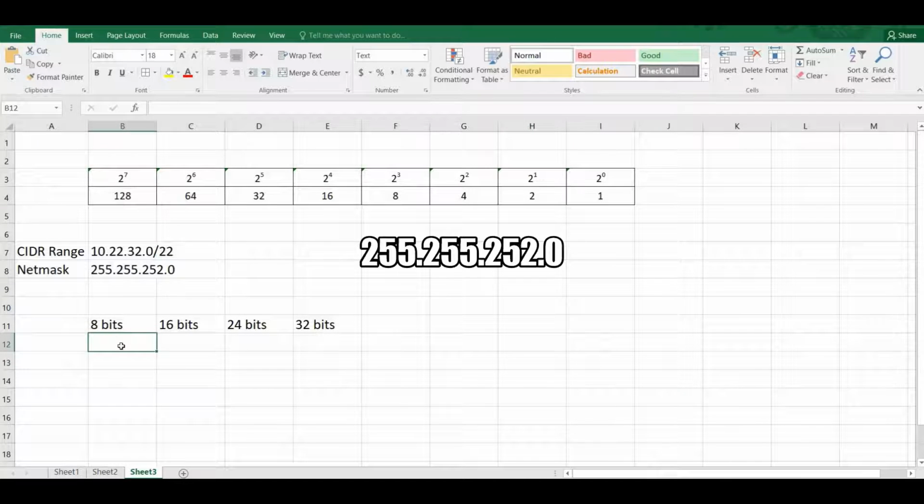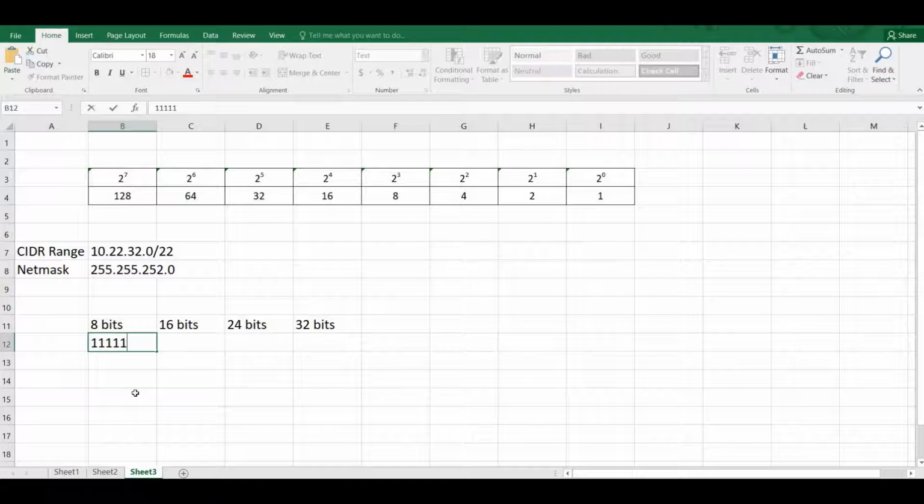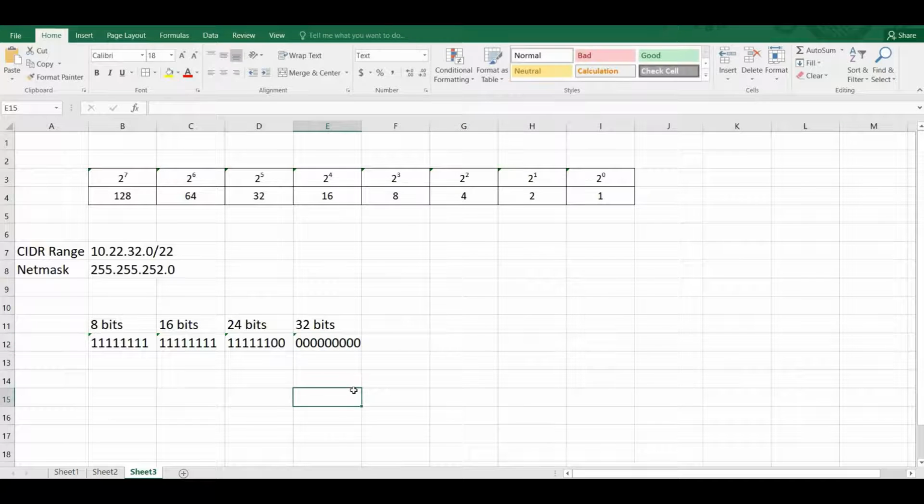Say 22 is our mask. We will substitute 8 bits here. So I have put 8 bits here, same 1, 2, 3, 4, 5, 6, 7, 8 bits here. Now in this case, I have put 16. It will be 17, 18, 19, 20, 21, 22. And the next 2 bits available will be 0. The same we will put here as 8 bits for 0. Now we will substitute this. If it's all 1, it will be 255, and this will be 0.